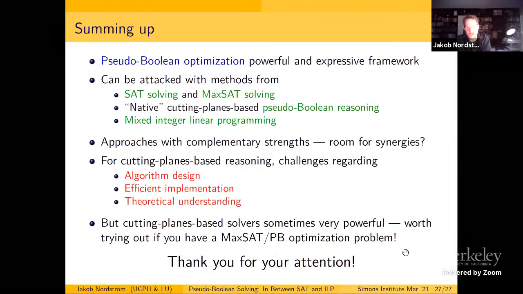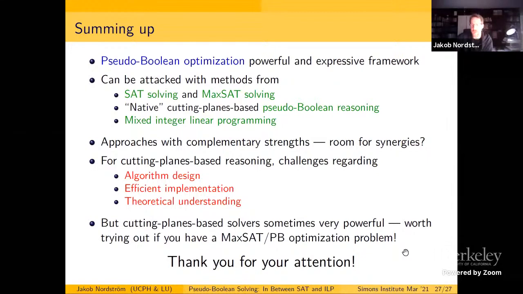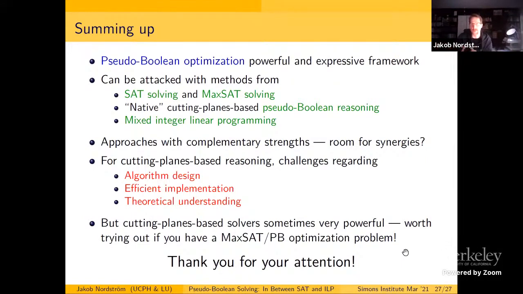And then another thing that is nice, I think there are a lot of questions to explore at the interface of pseudo-Boolean solving and MIP solving. When you find a solution, you relax the problem, you find a rational solution, and you can add a new cut, which is a sound constraint that cuts away this rational solution and so tightens your polytope. This is important, and as I showed in some of the experiments, this can really improve